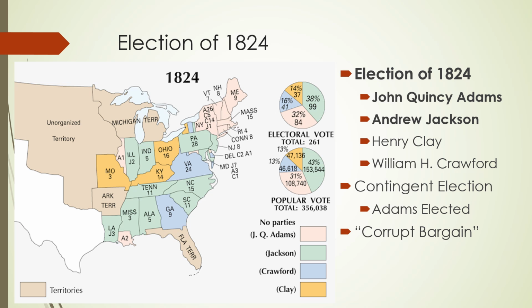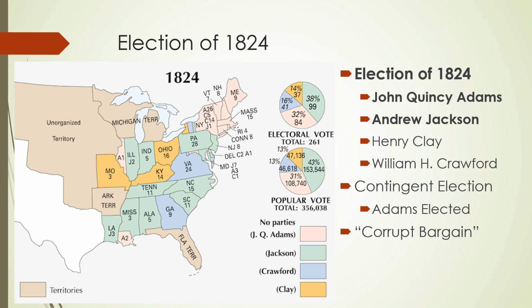Okay, we have 4 men who are all Democratic Republicans, and they all get a significant number of votes. These men are John Quincy Adams, the Secretary of State; Andrew Jackson, the war hero; Henry Clay, the great compromiser; and William Crawford. William Crawford's from Georgia, right? So these four men are getting a lot of votes, all right?